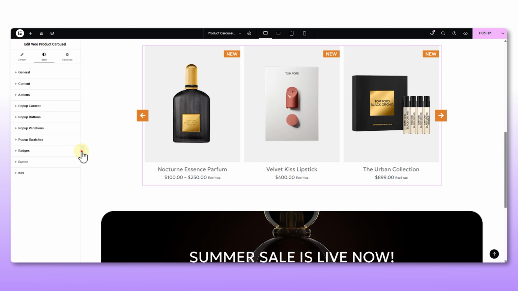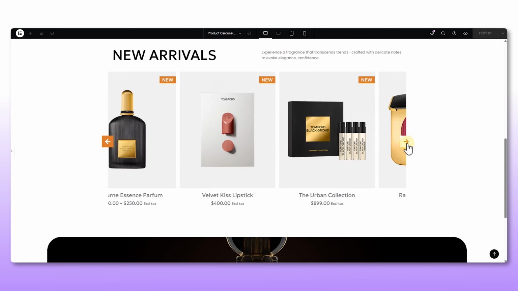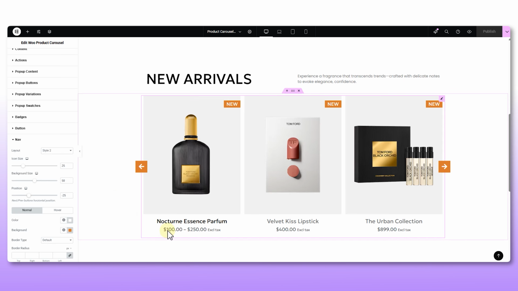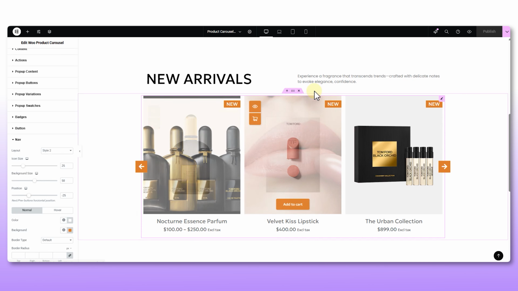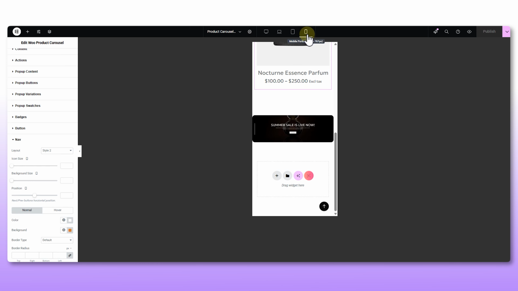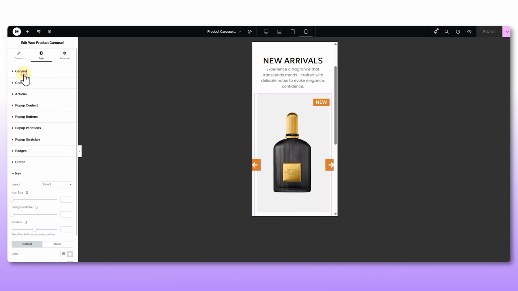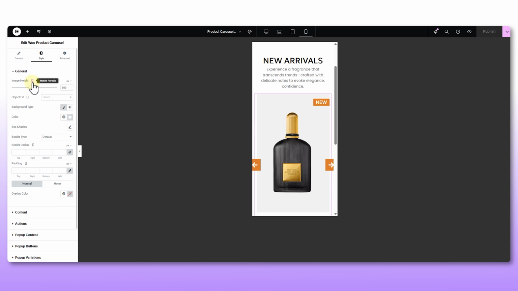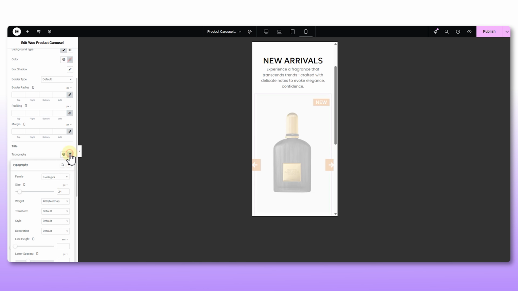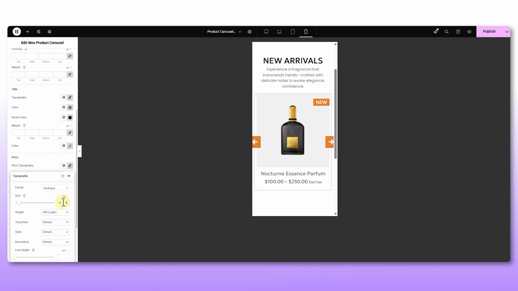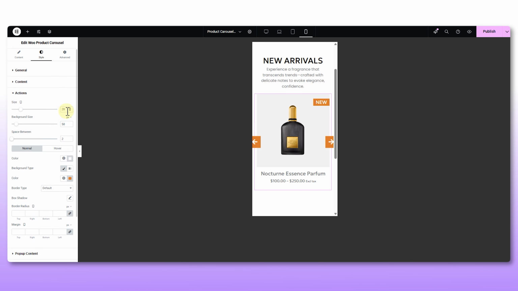And just like that, your product carousel is ready. Clean, interactive, and ready to showcase your products in no time. Now to ensure it's mobile responsive, just select mobile from here and we just need to make some small changes. You can make the changes to the options that have this device icon right next to it. Let's quickly get this done. Just reduce the sizes for mobile and you will get it mobile responsive in no time.